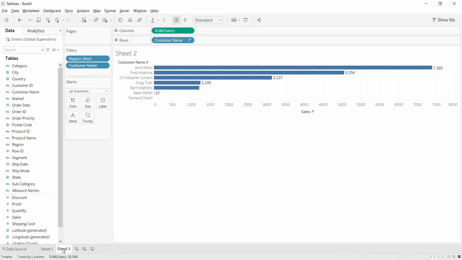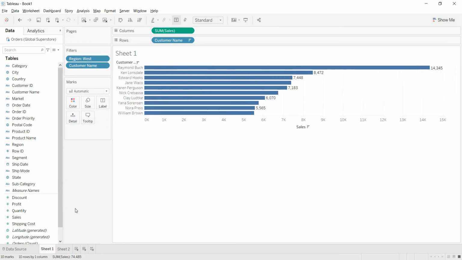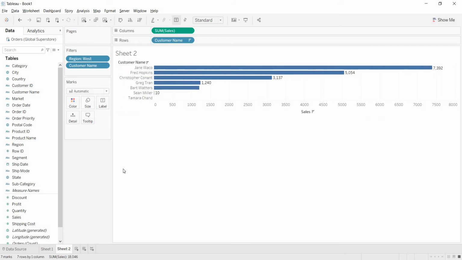But if you go to sheet 2, you are expecting the top 10 customers. First, you haven't got 10 customers, you got only 7 marks. That means only 7 customers' details you got. And in this also, if you compare this customer list with the sheet 1 customer list, there is nowhere the customers are matching. Nowhere are you getting the result as expected in sheet 2. What is happening? Why are you not getting the expected result?